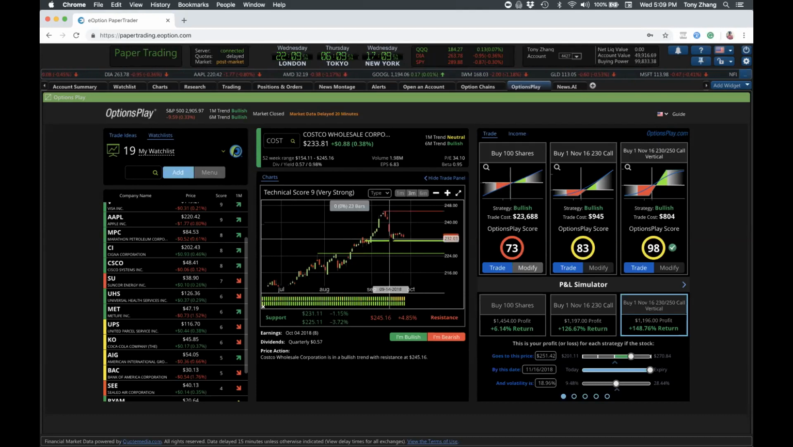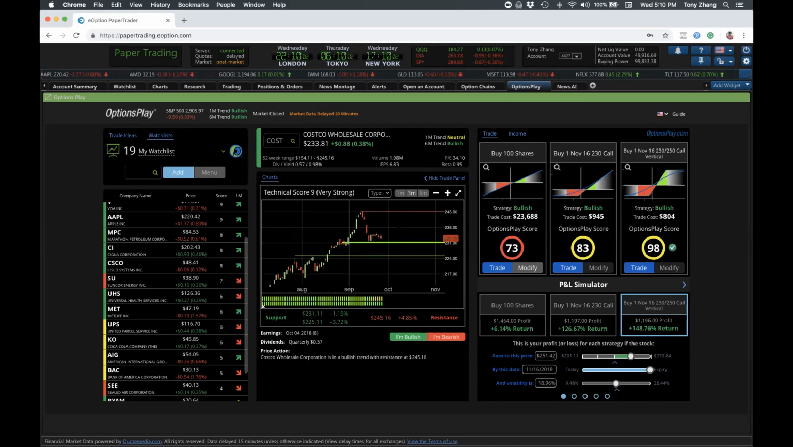And this pullback here, as you can see, turned the 1 month trend neutral. So this was actually a trade I was looking at, because I think this stock is near a floor around 231. Perhaps it's going to start moving a little higher. I want to take a look at how to take advantage of this stock moving higher. So here, as you can see, I'm taking a look at buying 100 shares, buying a call option. As you can see here, I can buy the stock for $23,000. A lot of risk here versus buying a call option, which cost me only $945, and buying a vertical here on the right cost me